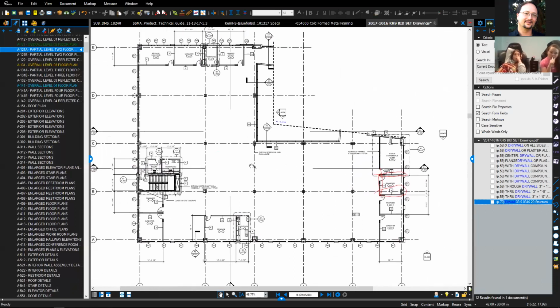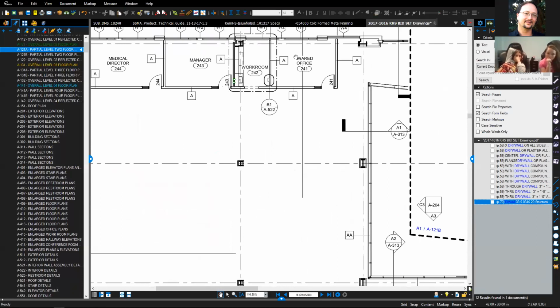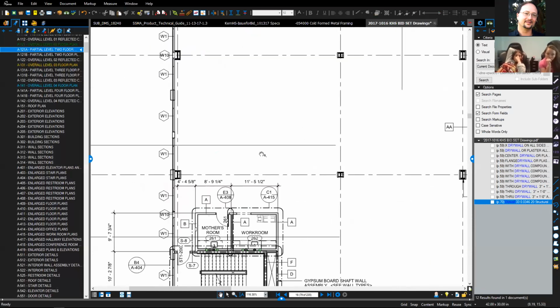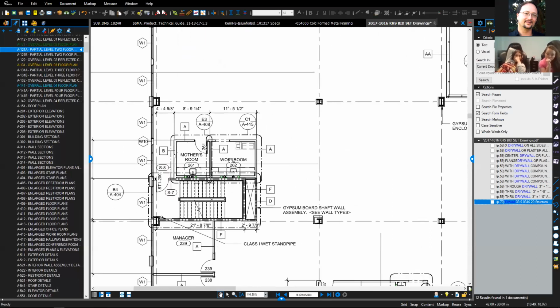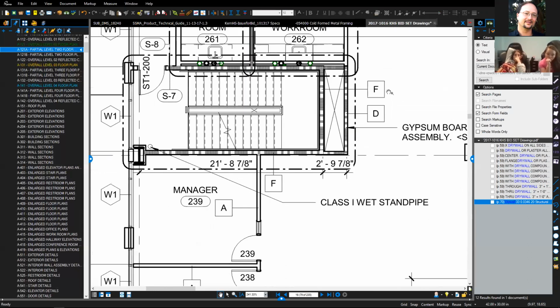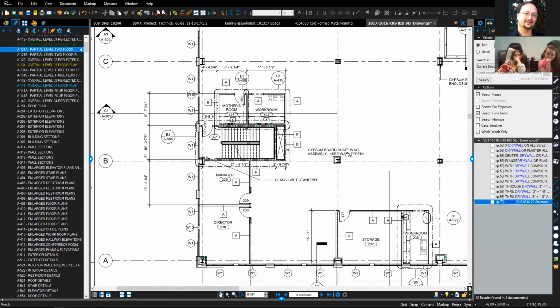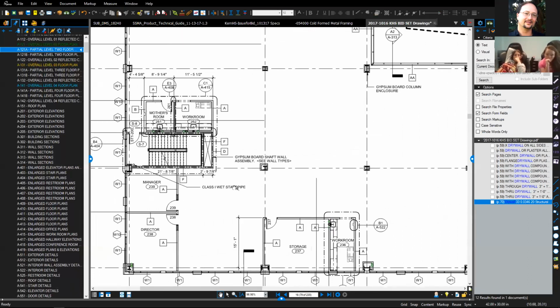Yeah. So traditionally, my process is I look at the estimate and I look at the drawings which they highlighted, and I look on the floor plans at all the wall types that are highlighted. So in this case, there's lots of A-type walls. So I'll write down a little note. I need to do A walls. Oh, here's a B-type wall right here. So I'll go, okay, I got A walls, I got B walls, I got an F, a D wall. And I'll look at the floor plans and just look to see which walls they're calling out. And from that, I will then jump to the wall types